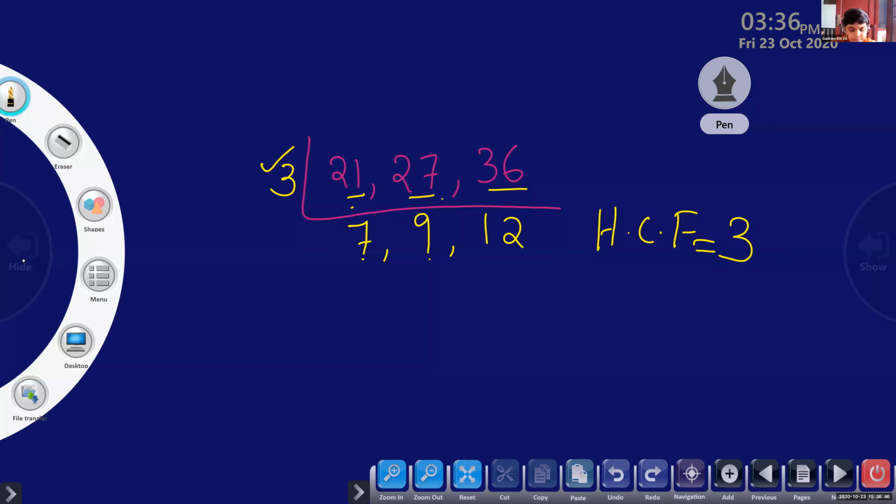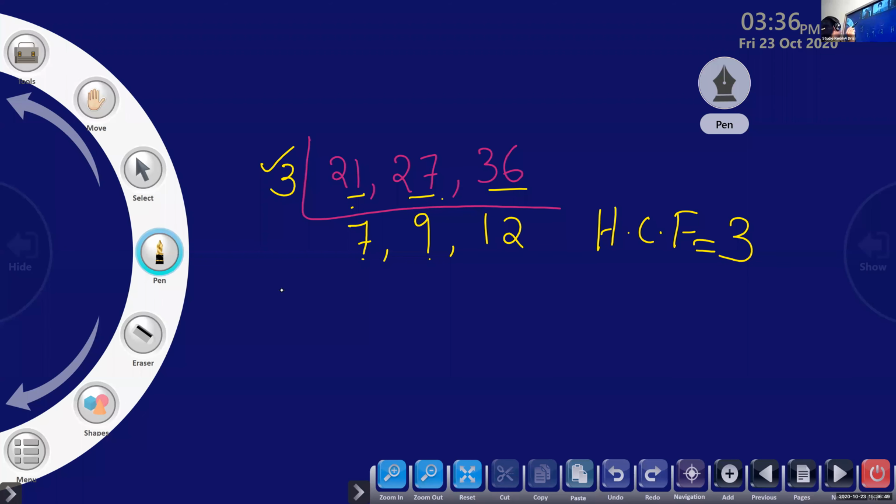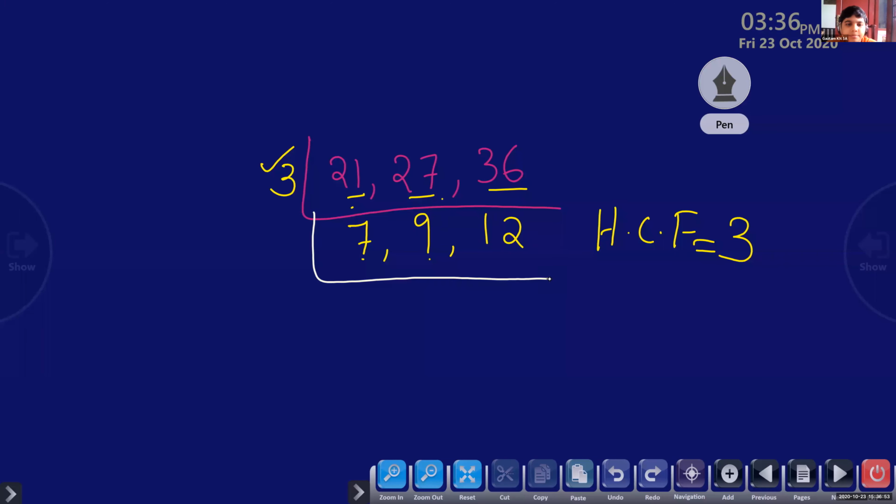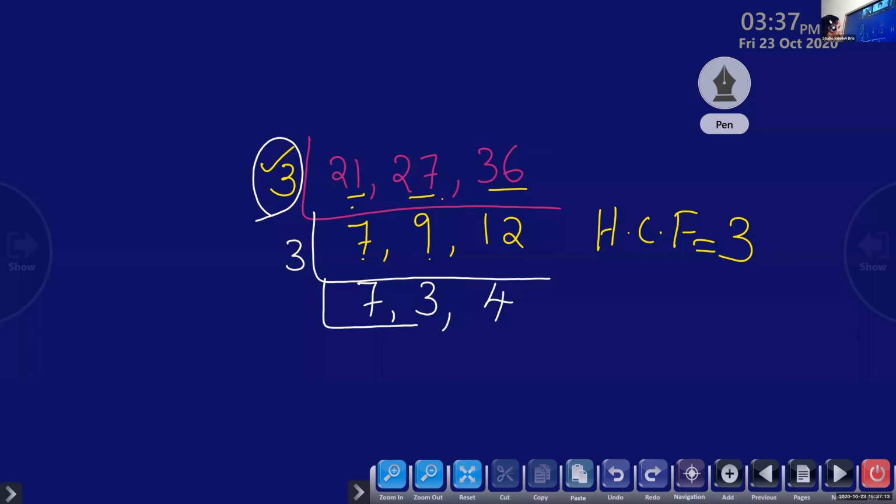Now to find the LCM, we have to do more. So we will do again. For HCF, we will take 3 only here. Now here we can take again 3. Ma'am, we should do 3. But 7, we cannot do anything. We can't. Just write 7. 3 into 3 is 9. 4 into 3 is 12. Again, I will reduce this to lowest terms. Again, I can divide by 2. 7, I cannot do anything. 3 also, I can't.